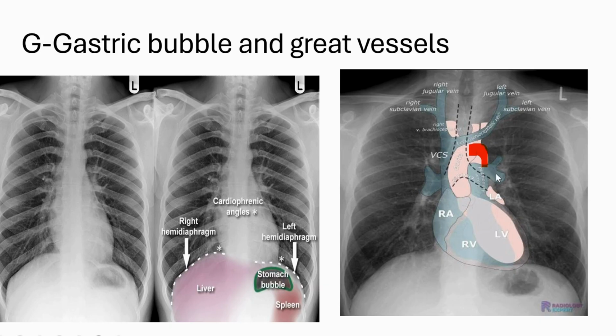This is the pulmonary vessels left, and this one is the right. This is the descending pulmonary artery. This has importance in pulmonary hypertension, as I described, that it is 16 mm in male and 15 mm in female. These are the vessels, and superior vena cava is visualized on the right side, which is above the hilar region. So these are the impressions of great vessels within the mediastinum that we can see.